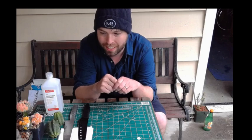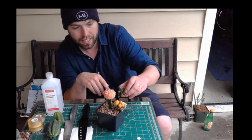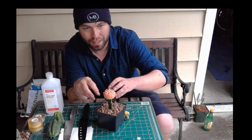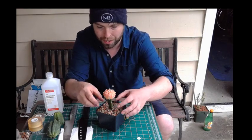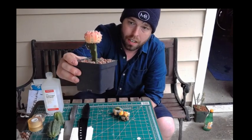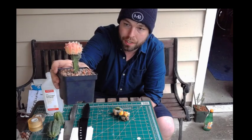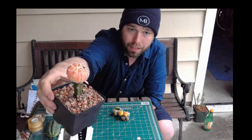I'll explain what grafting is. Here's a graft as an example. Grafting is a surgical operation where you're attaching one plant to another plant in the hopes of growing the scion, which is the one you are attaching to a rootstock, the one that's rooted in the ground. So the reasons you might do this is to propagate a plant much faster. Some plants just don't do very well on their own roots. This one is variegated, so it really won't produce much of its own sugar or energy. So having a root